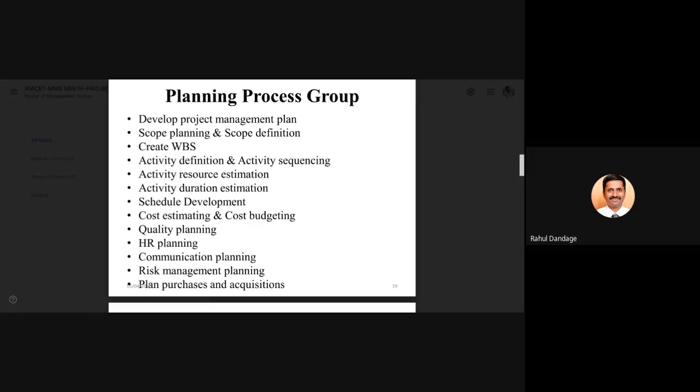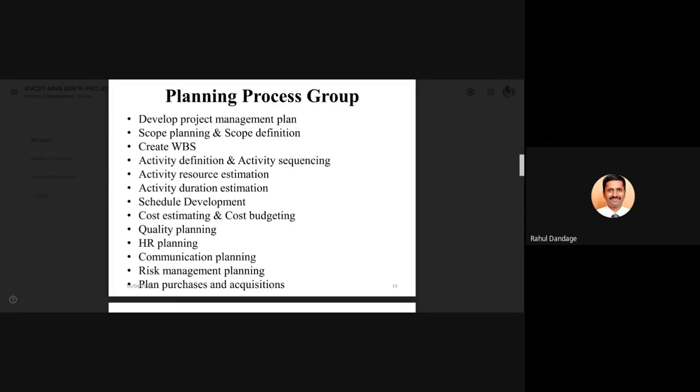Then planning the human resources, communication planning. So human resources: which human resources we are going to utilize, whether every human resource involved in the project will be in house, or some external human resources will be required, whether any consultants are to be appointed, whether people are to be appointed on contract or taken as regular, and so many things. What type of skills are required to execute the project? So all these things will be in HR planning.